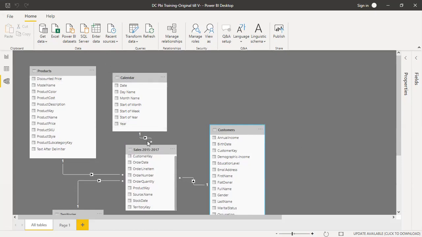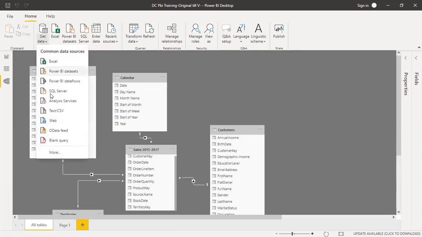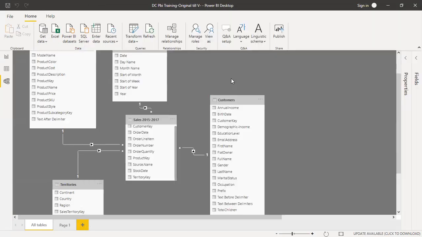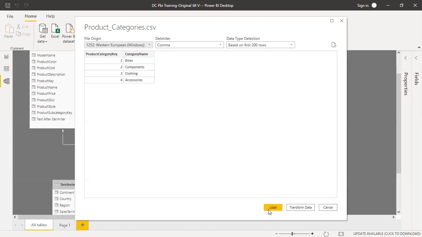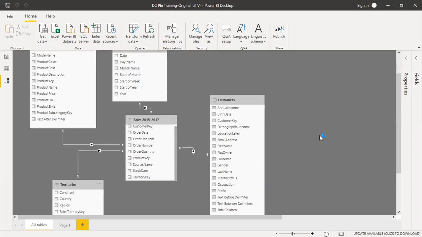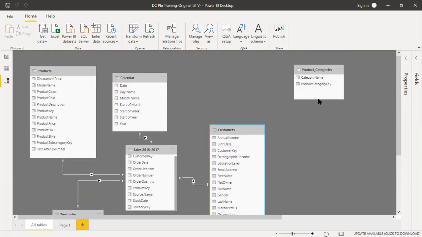Now to demo that, let me pull a few more data. CSV again, let me pull product category. Let's load it. Okay, right here.